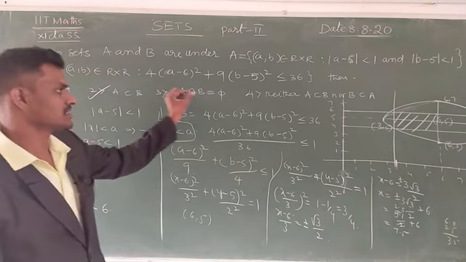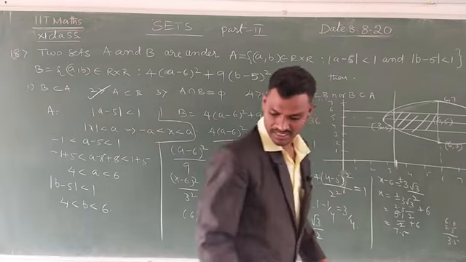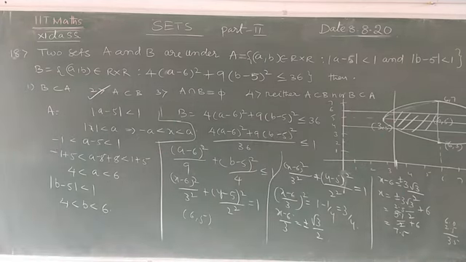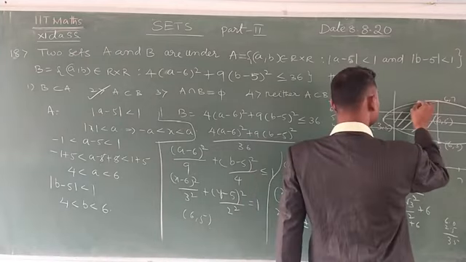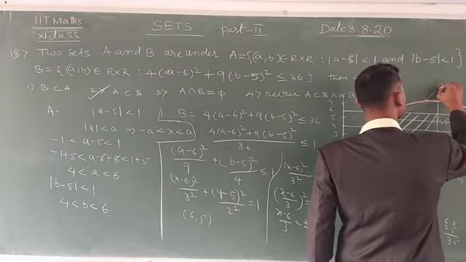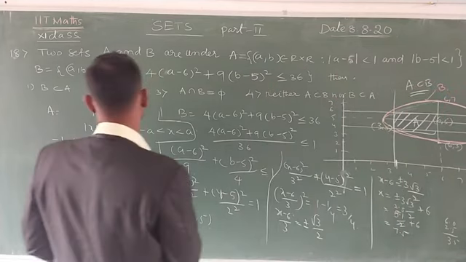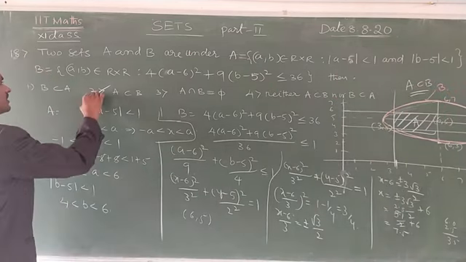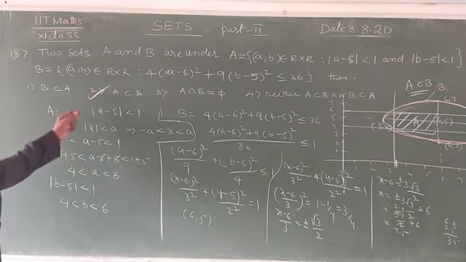This is the A and this is the B. Listen. See here, this is B. Now this is only the shaded area, only A. Now A is a subset of B. This is the correct answer. Okay, last class I wrote this wrong. That's why you can change it. Note down.